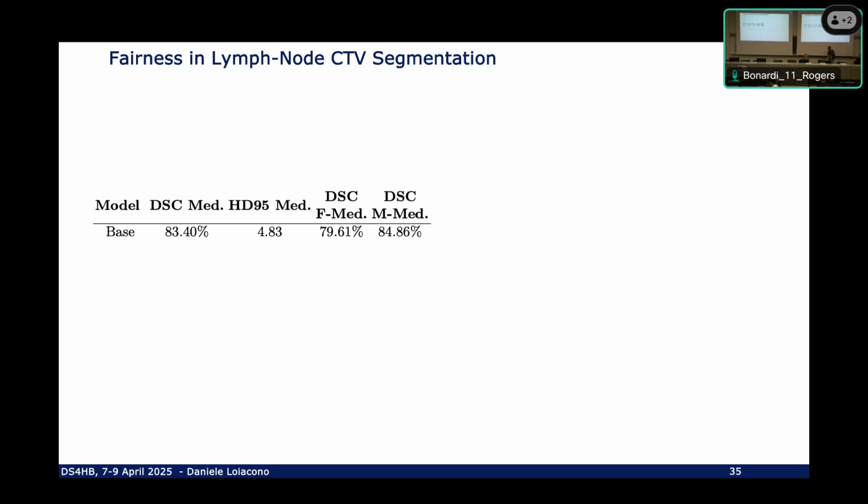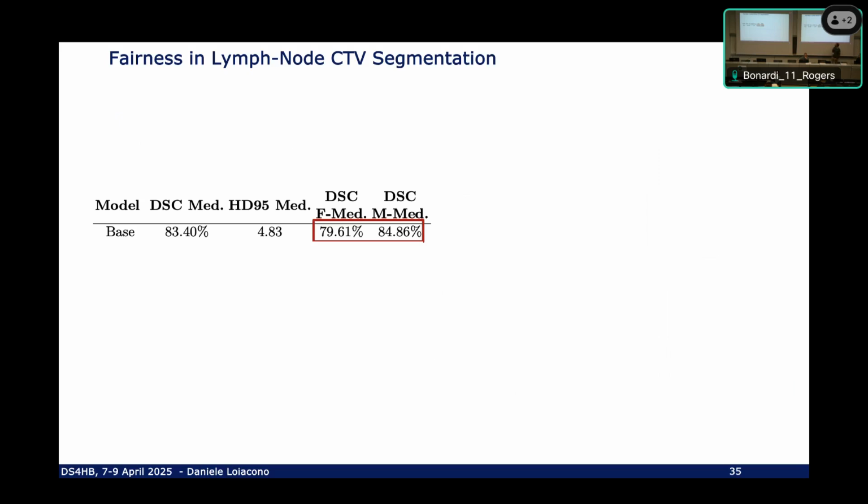In fact, you see here in the slide that the major performance metric, the DICE score that tells you how good the segmentation is, is much better on the male population with respect to the female population. This was unexpected and difficult to explain, also for the clinicians, given also that the data set is pretty much balanced between male and female in terms of number. So